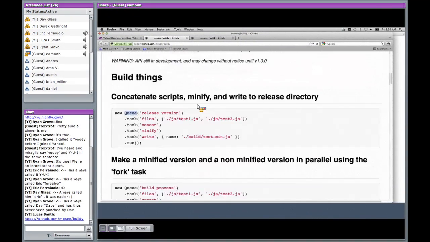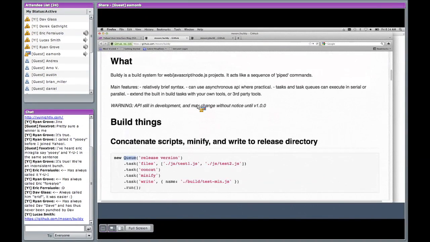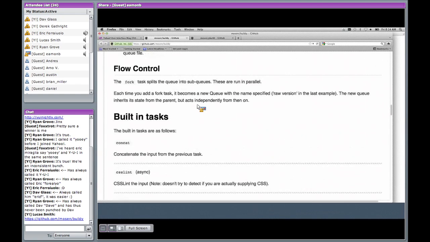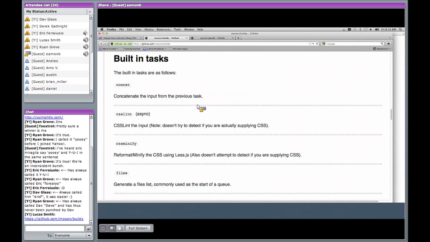What sort of core tasks are already in Buildy then? Okay, so I've written down a list of built-in tasks. The core tasks are very much based on the YUI builder, just to get that amount of functionality so that we can build YUI modules.